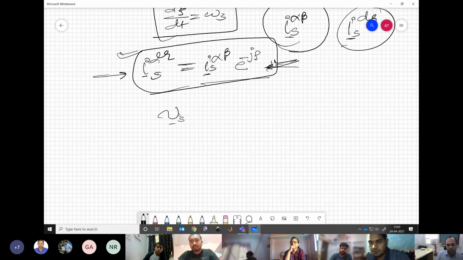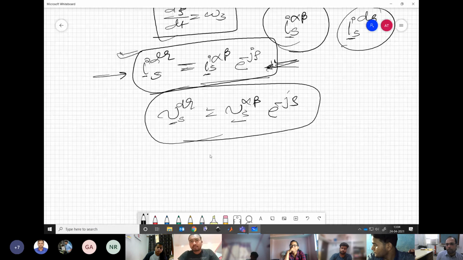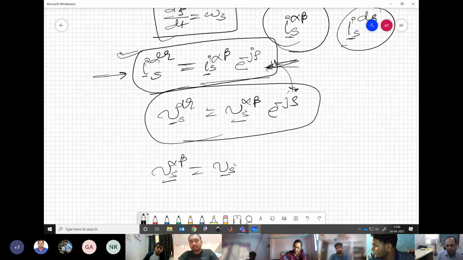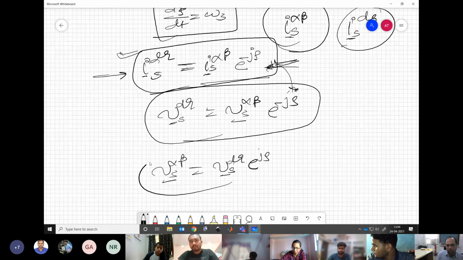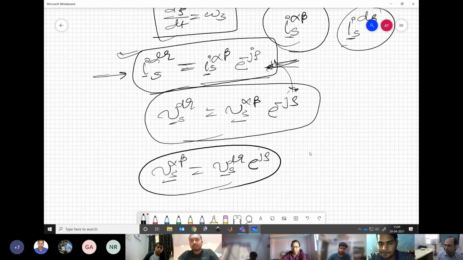If we have to write our voltage in the new reference frame, we can write like this. If we wish to come back to our native reference frame, what we do? We do the reverse. Clear? Any confusion in this? No, sir. Any doubt up to this? Okay, so today I stop up to this, and in the next class, please try to revise some